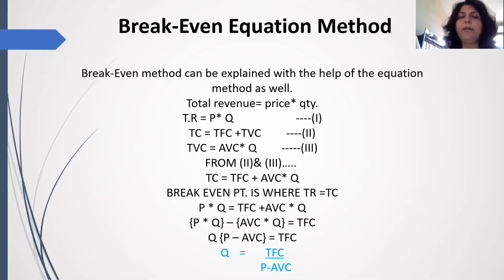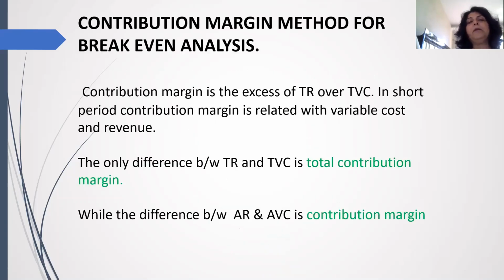That means the break-even quantity, the quantity which actually puts you on the break-even point, is given by dividing TFC by the difference of P and AVC. So TFC divided by P minus AVC. This will give you the break-even quantity. This was the second method. Now the third method through which break-even analysis can be done